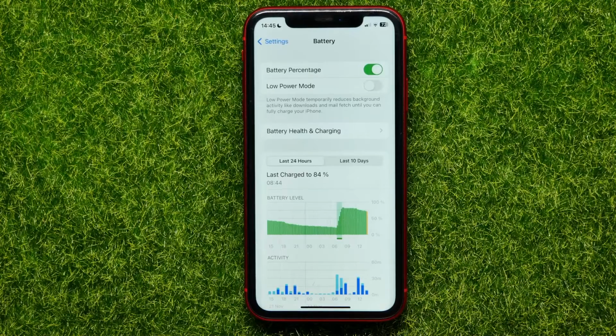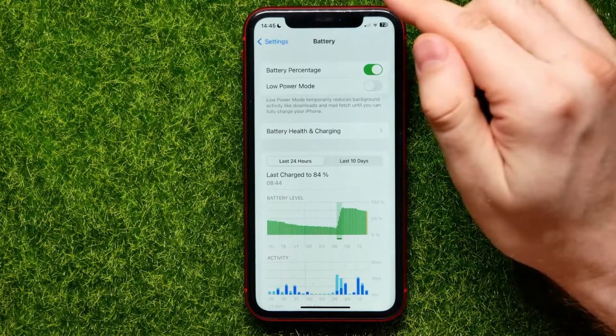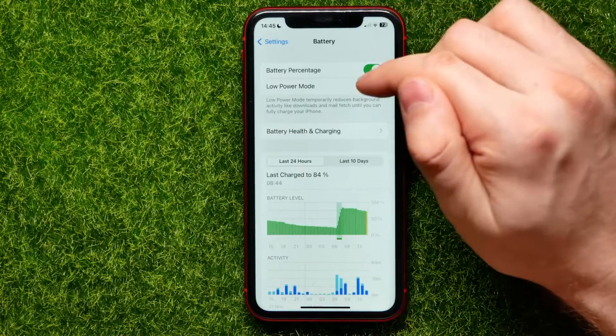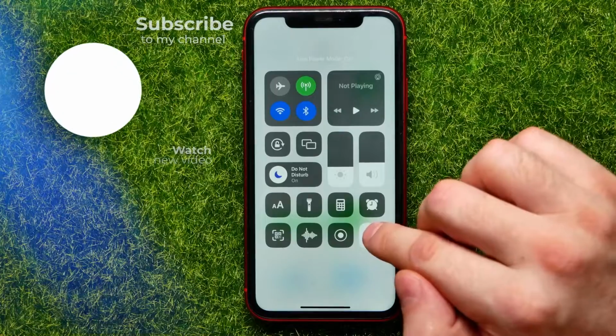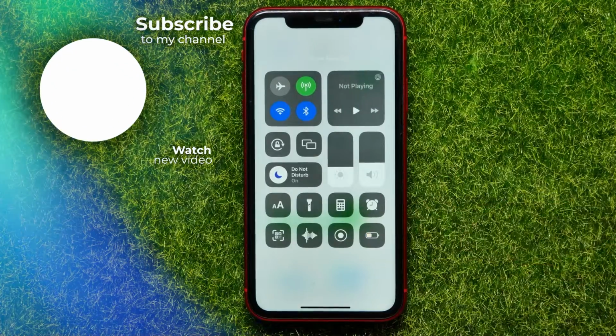And there is one more way how you can enable or disable low power mode. You can simply do it from the Control Center if you have added this feature here, so you can swipe down from the top right corner, and right here you can enable or disable low power mode feature just by